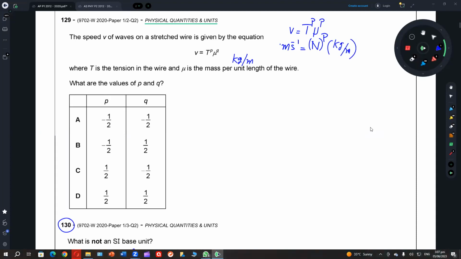Now, if I move it forward, Newton means kg ms minus 1, and it is kg m minus 1. Right? This is the basic base unit. If I move it forward, kg power P, meter power P,